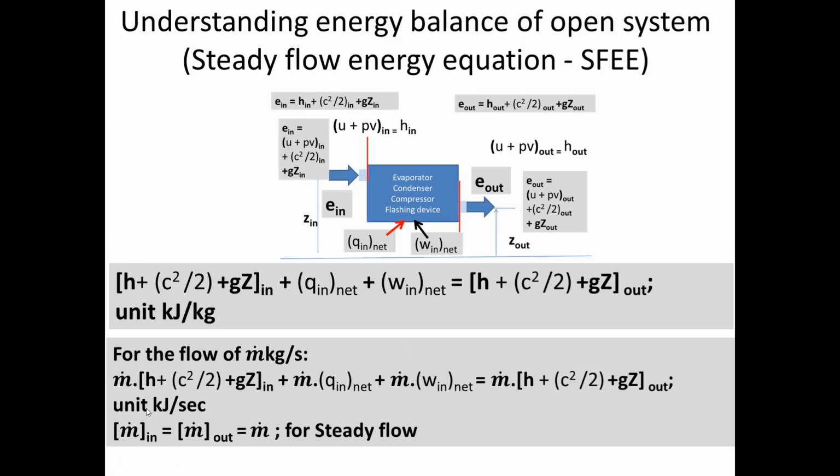But if there is a flow rate, rate means I put m dot, kilogram per second. So this is for 1 kg. For m dot rate, m dot times this, plus m dot times this, m dot times this, m dot times this. But for steady flow, m dot in is m dot out, m dot for steady flow. Yeah. Then here,